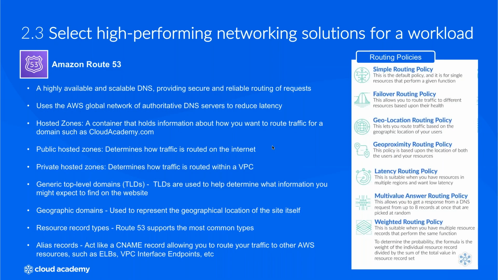Amazon Route 53. When it comes to this service, there's definitely a number of elements that you should understand and know how to implement. First and foremost, understand the core components of the service and how it operates. Know the differences between public and private hosted zones and when you use each one. Also, some of the different domain types, such as top-level domains and geographic domains. I'll tell you one of the most important factors of Route 53 from a certification standpoint, and I don't know